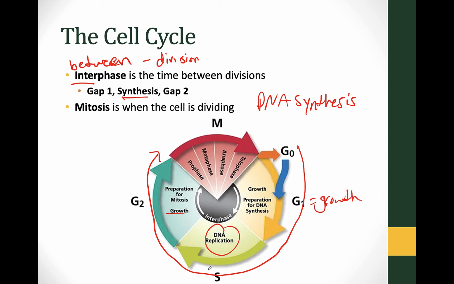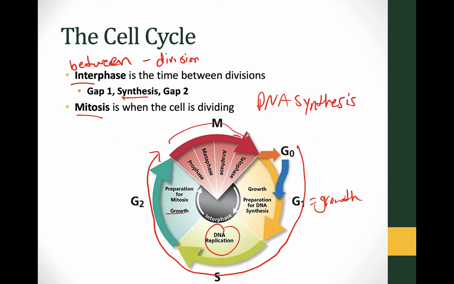And when all of these phases are complete, the cell has gone through interphase. And if you look at the cell cycle, it looks like interphase is like 75% of its life cycle. That's not to scale. Interphase is actually going to be much larger, more like 90-95% of the life cycle.